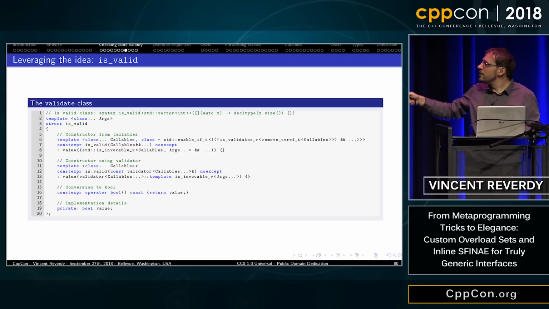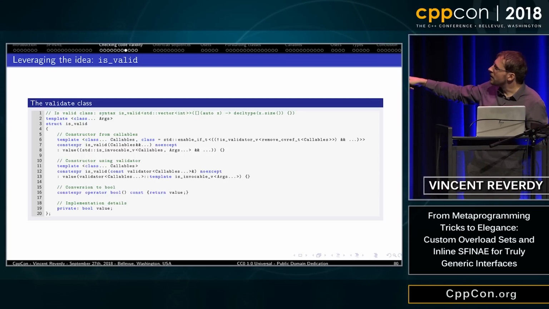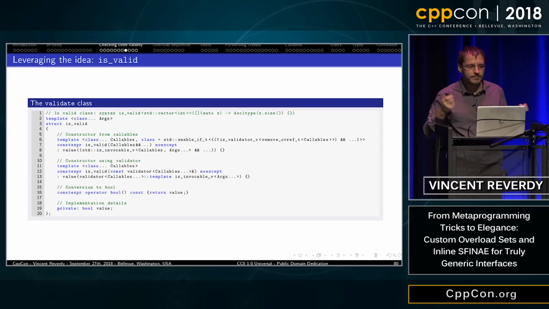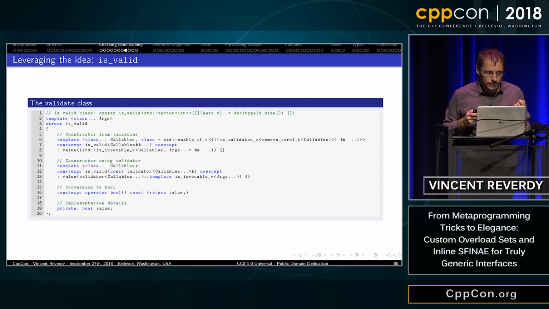And it will set a value to true or false depending on whether the callables can all be called on the arguments. And so I have a constructor from callables and a constructor from validator, and then an implicit converter to Boolean.